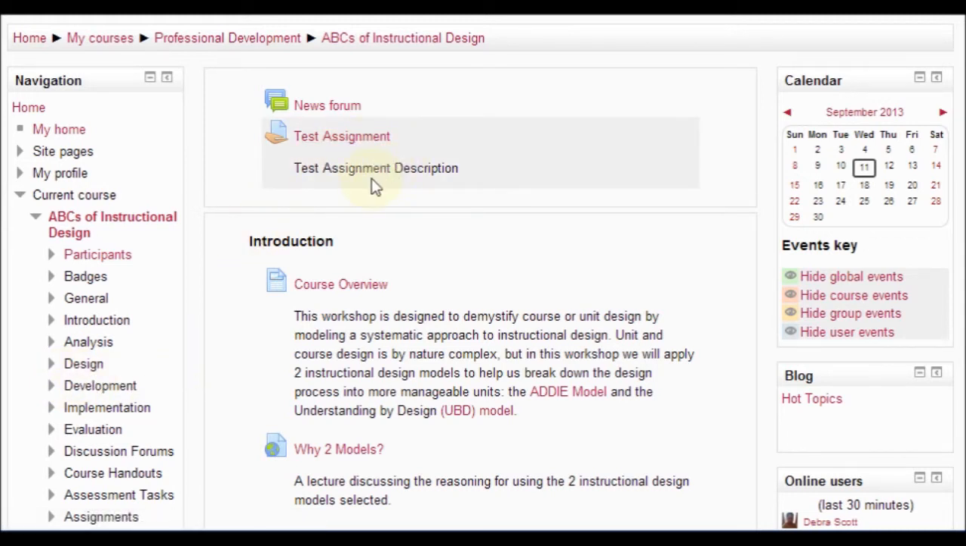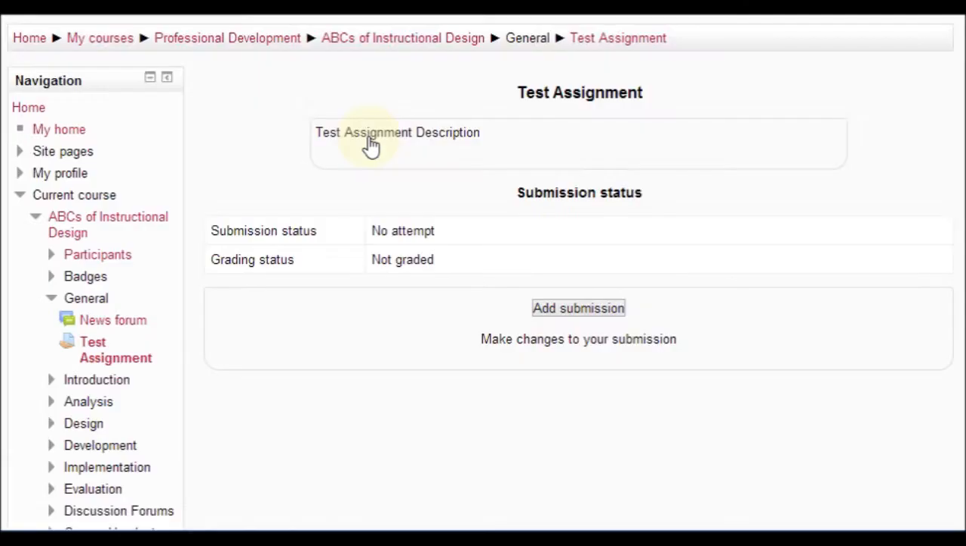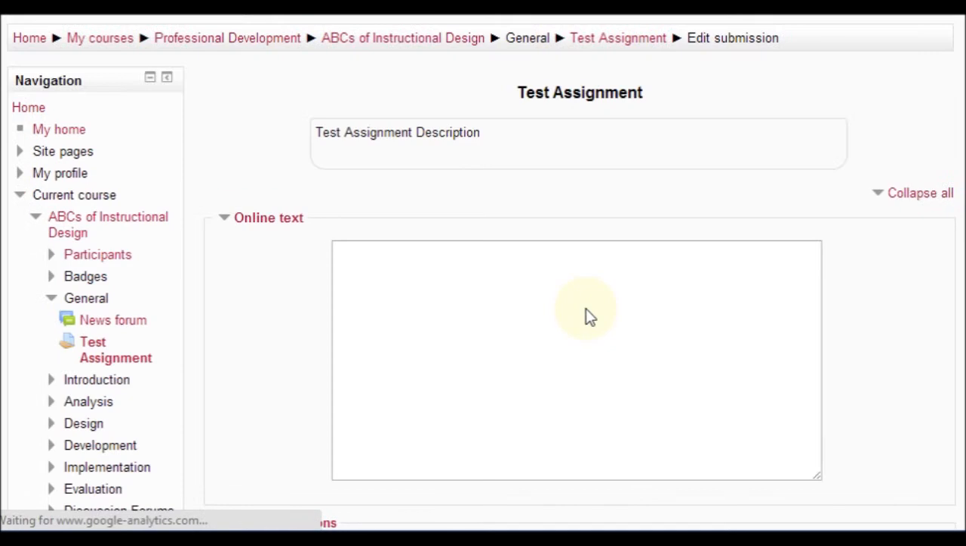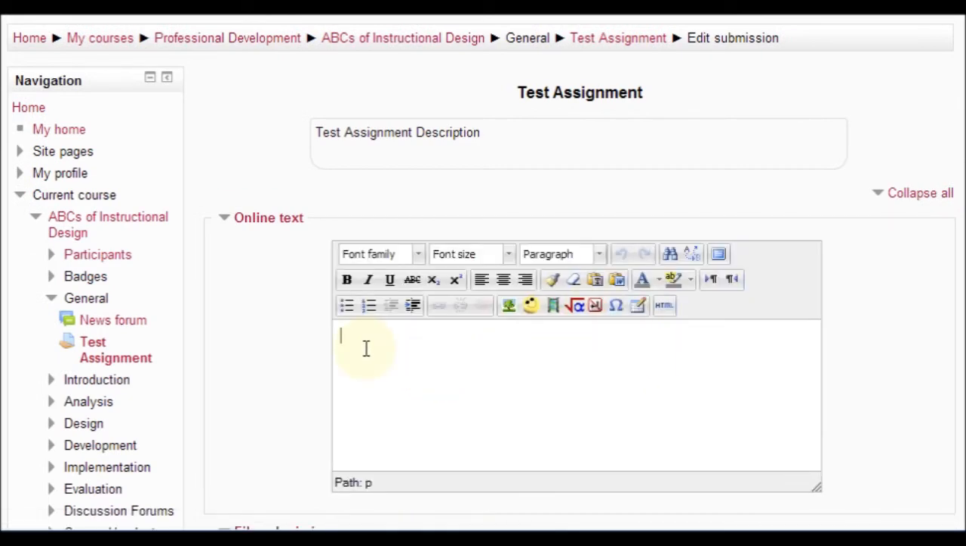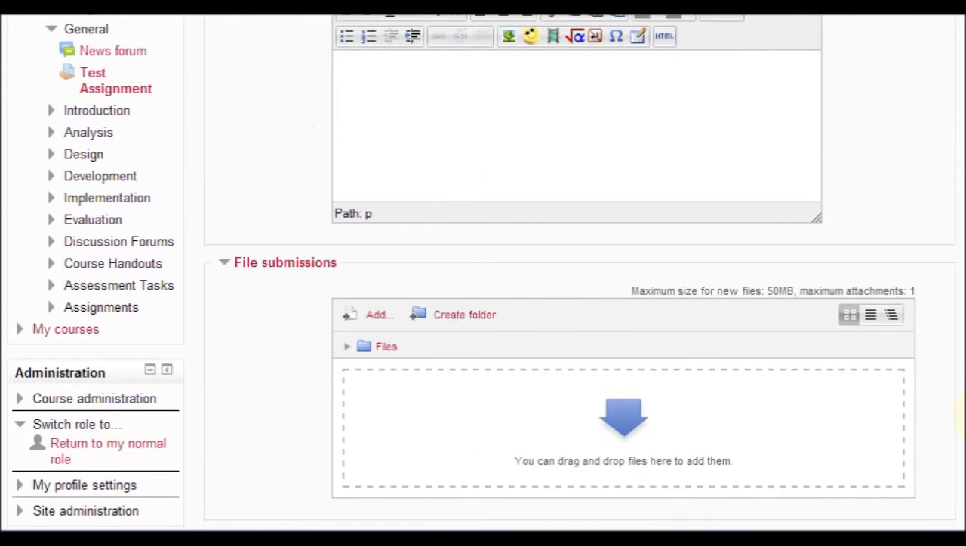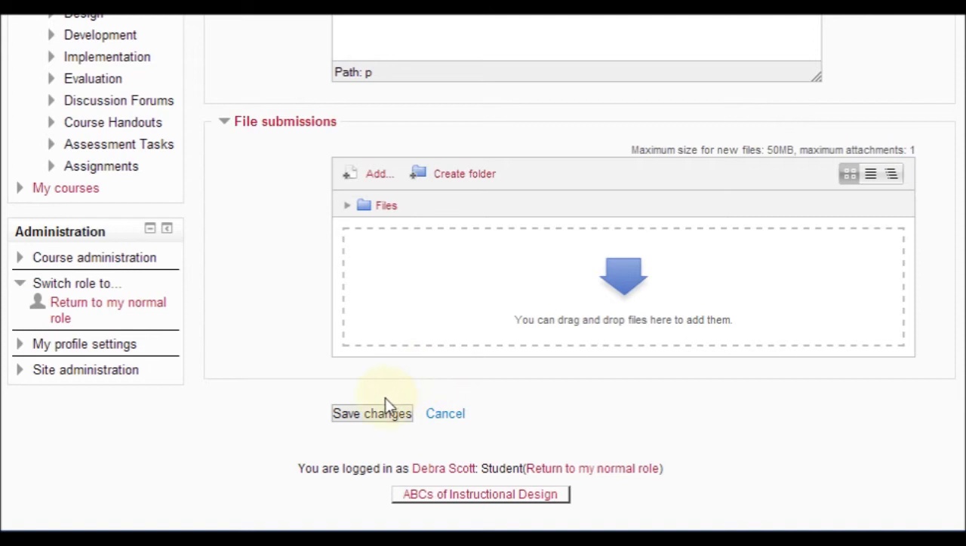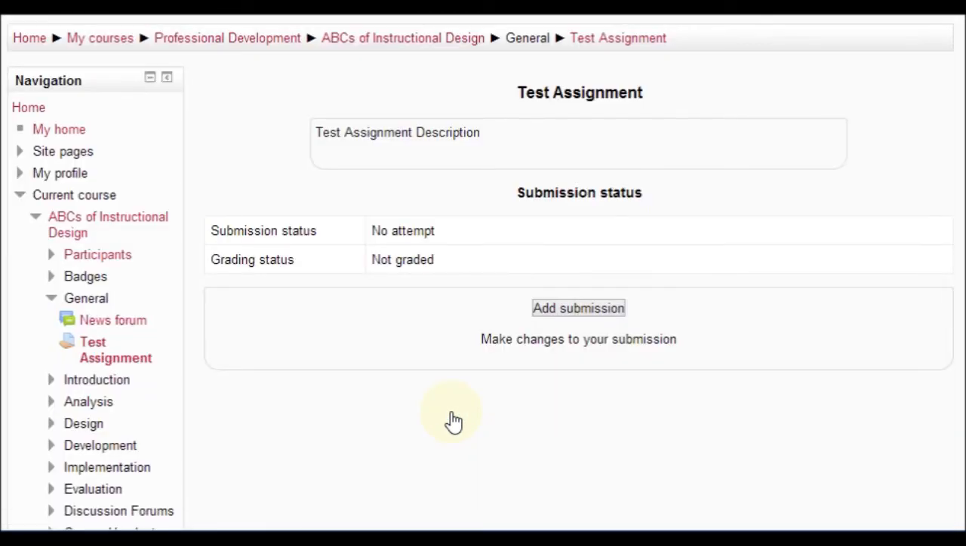Here's the assignment and the description. Students can click on the assignment, the title, the description, their submission status, their grading status, and the option to add a submission. When they click on that, they can enter information in here using the text editor, and they also can select to add a file from their computer files or from files that are stored on the course server. Okay, and then they would just go down and save changes. In this case, I'll cancel because I don't have anything to submit. And that's a look at assignments from the student's point of view, as well as setting up assignments from the instructor